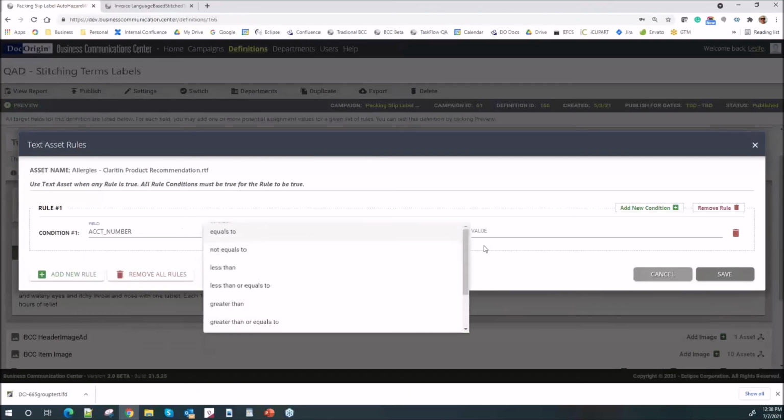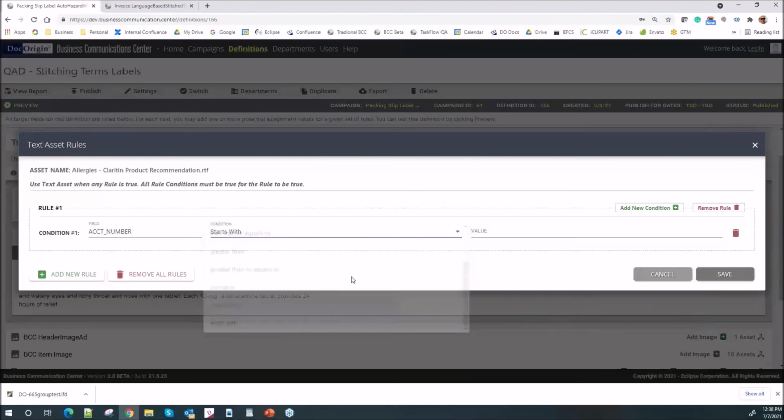I might say if the account number equals, contains, or starts with something. Customers have targeted specific clients like the educational market, so I could say if it starts with EDU, then it's an educational market, and that rule will apply only if the data field starts with EDU.